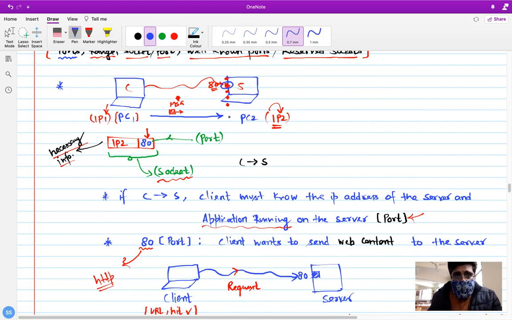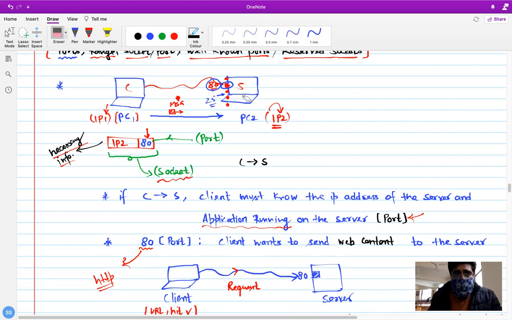Each and every port has a different port number, and on each port, a different application protocol will be running. If you are hitting 80, it means something. If you are hitting the port having port number 25, it means something different for the server.